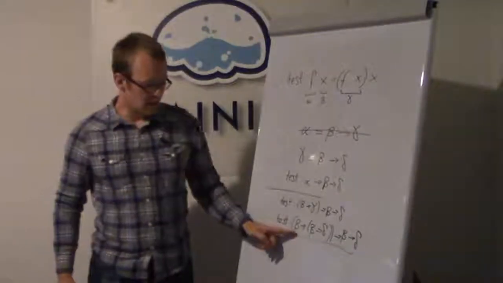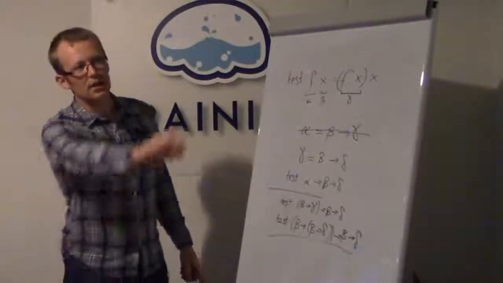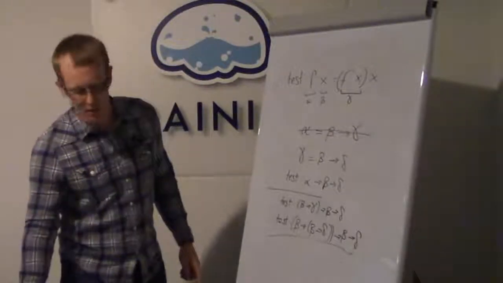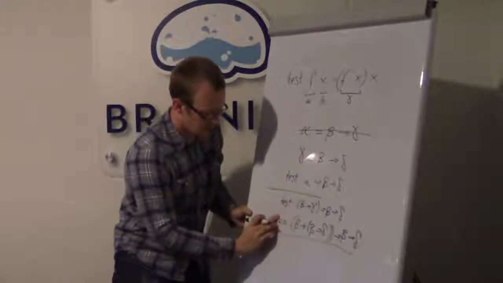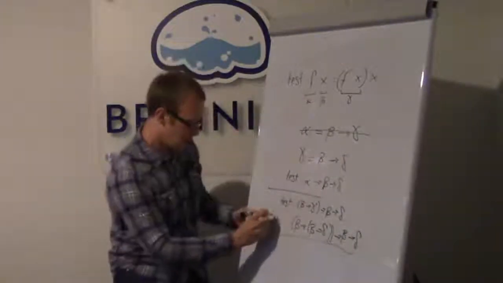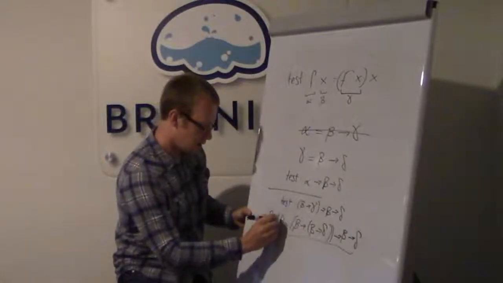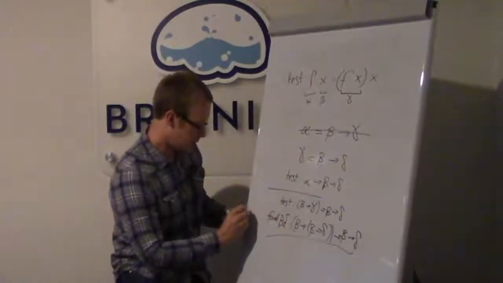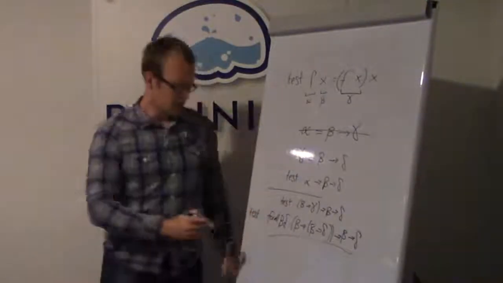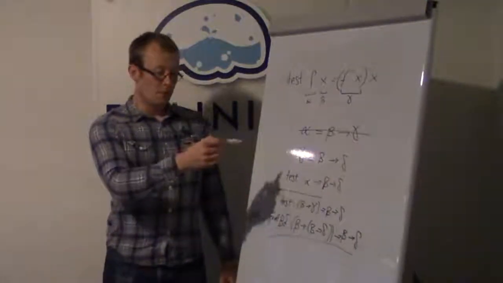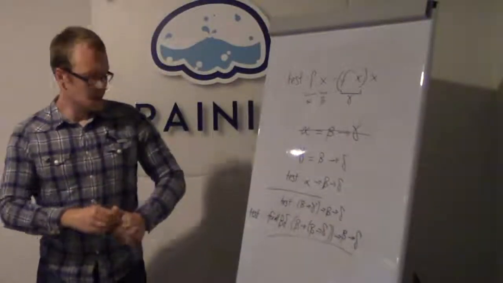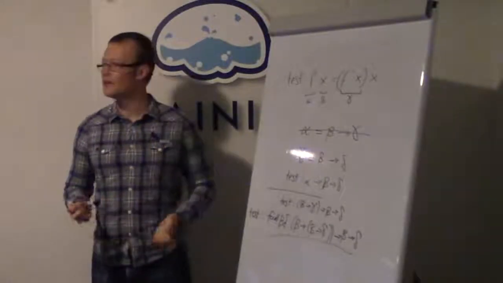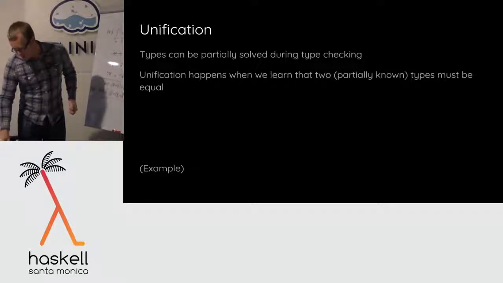Okay. And when I said generalization before in step 4, the cleanup pass and generalization, generalization says anything that was left over that you couldn't figure out the type of is universally quantified. Beta and delta. Right. So test has type for all beta and delta, beta to beta to delta to beta to delta. Okay. Does that make sense? A bit rushed. Little overview. All right. Yeah, okay, that's unification.